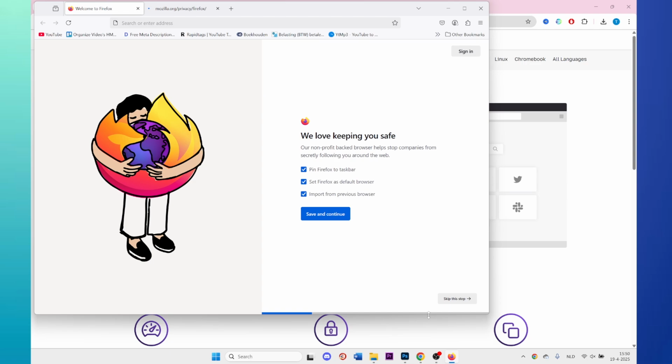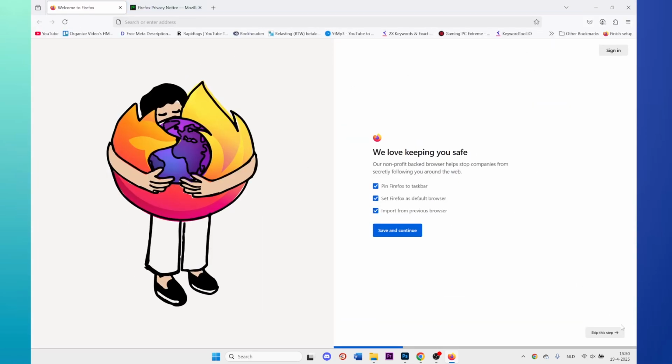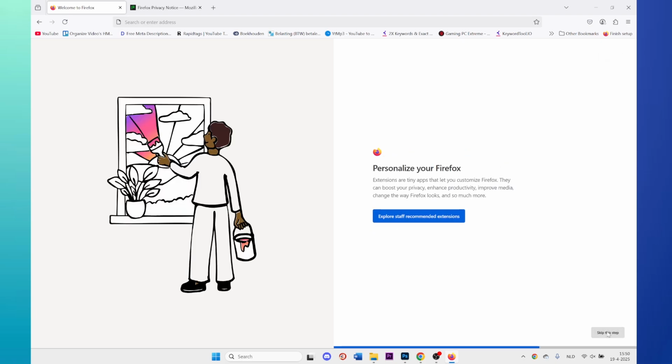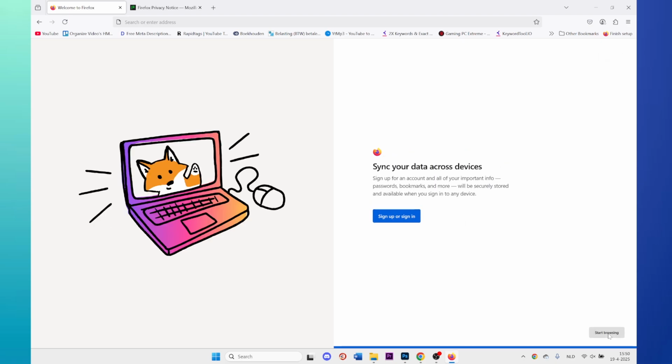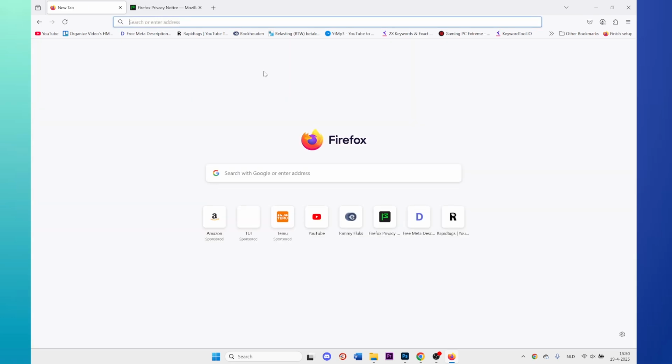Alright, the download is finished right now and now we will receive this setup right here. So what we now need to do is click on skip this step, and start browsing. And right now we can start browsing on Firefox, and this is exactly how you can download